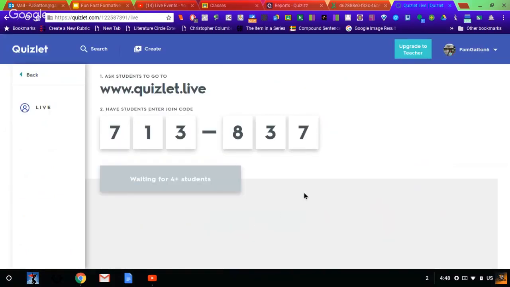And then this is the game code. So what the students do is they go to Quizlet.live and they enter this game code. Then all of their names will pop up on there. And then once you have everybody, you have to have 4. Then you go ahead and create the game, and it'll group them in random